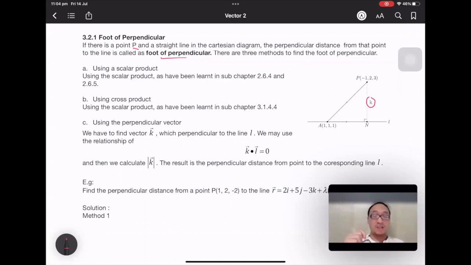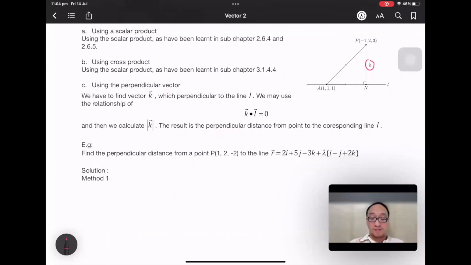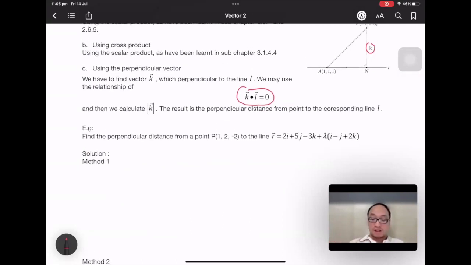And the third method, we use the identity for perpendicular vectors. If you remember, if two vectors are perpendicular, the dot product or scalar product of those vectors equals 0. And then we just find the value of the